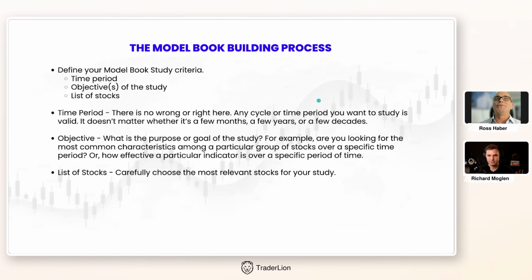But here, let's back up to the actual process, right? First, you want to define the objective of your model book. What are you trying to do? I'm looking for the best stocks in the best group with the best earnings, with the best performance. You might be looking for exactly the opposite. You may have made an observation, an entry or exit observation based on, I'm going to make up a simple one, a MACD cross off the bottom on daily charts over a particular time frame, or in specifically two groups of a sector in a very strong bull, whatever it may be. You want to define that and then understand